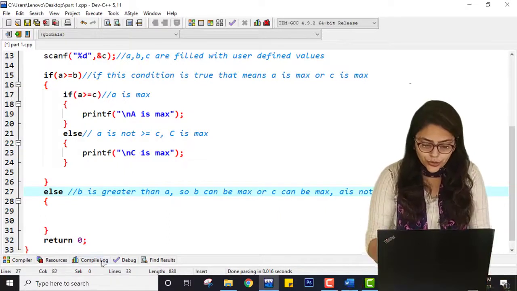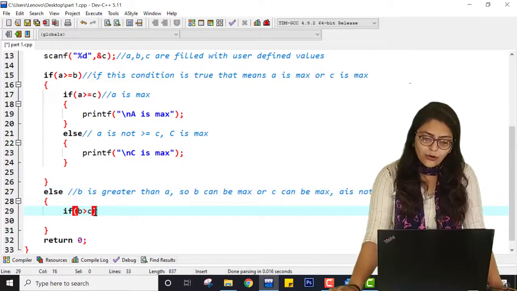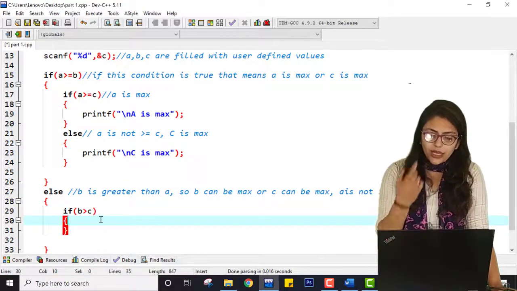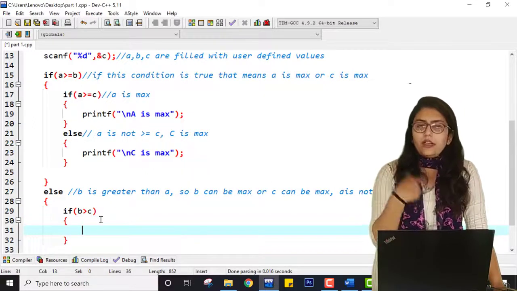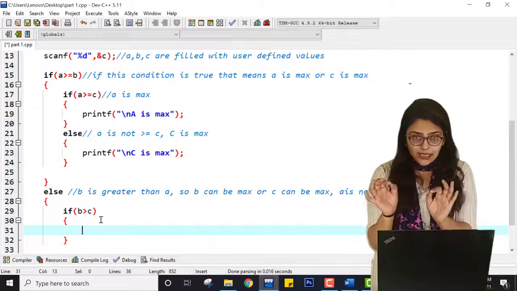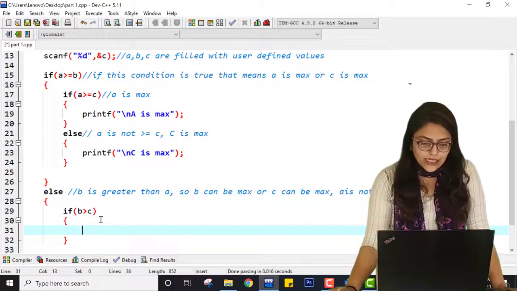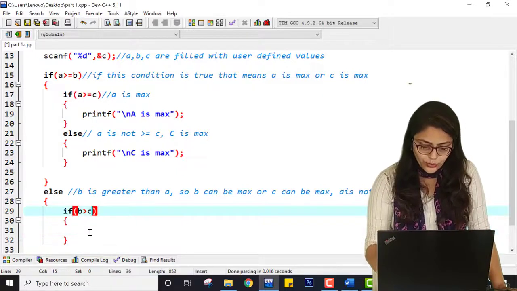So now I have to check if B is greater than C or not. So I already know that A is less than B. So I am checking the comparison between B and C. If B is greater than C, then B is greater than A also and C also. That's why you can also do equal to over here.